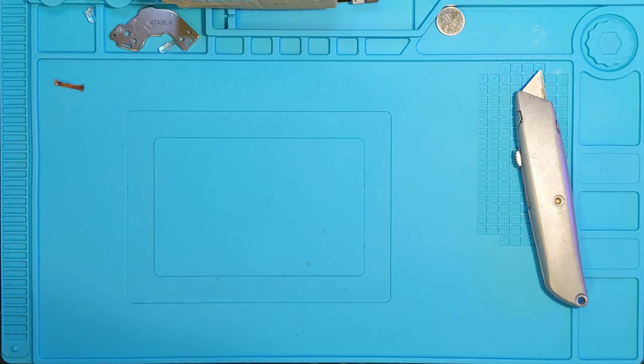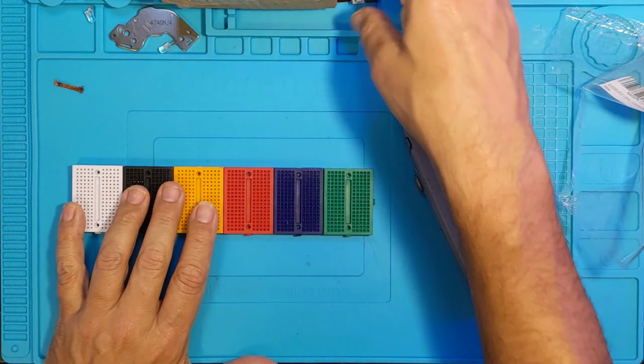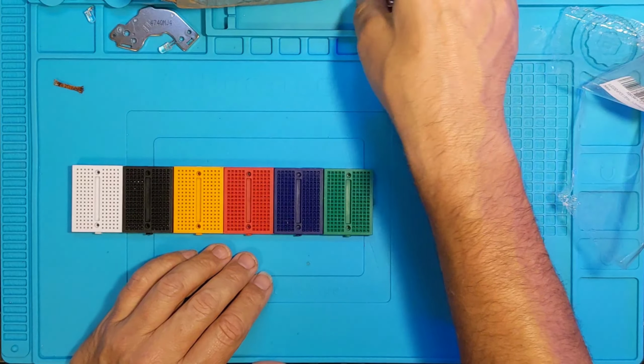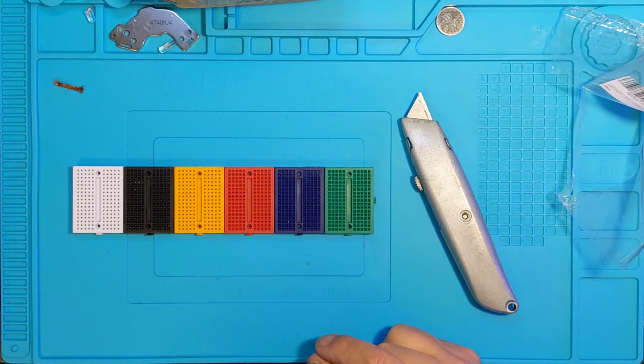And I can knock these two off. I can make it go that way. I could do other things with these. So the nice thing is I want to take these. I'm not going to be able to use the power supply that I mentioned in the same fashion. Although actually, no, I could only get one on that, but that's okay. I have another solution for that. I have a